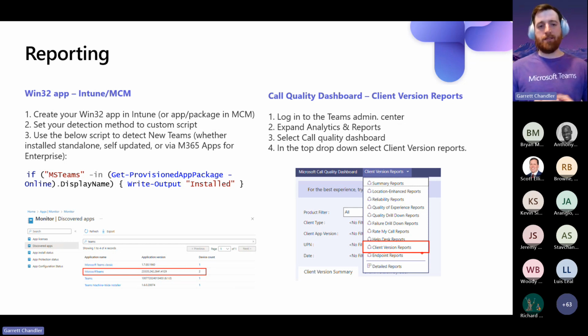Also, from the Teams admin side, the Call Quality Dashboard. If you are not the Teams person in your environment, check with the other admins in your environment that may have access to the Teams Admin Center. But there's a reports section in the Teams Admin Center, and we have a source called Call Quality Dashboard. There's actually two versions of this. There's a default version that you can look at within the